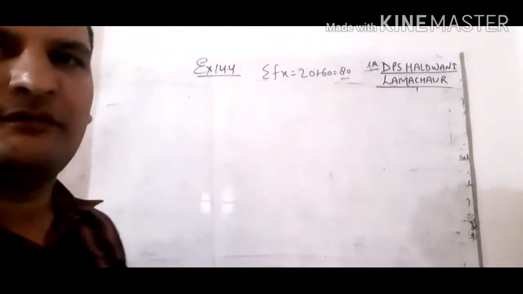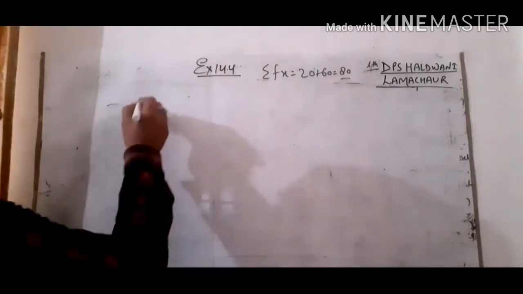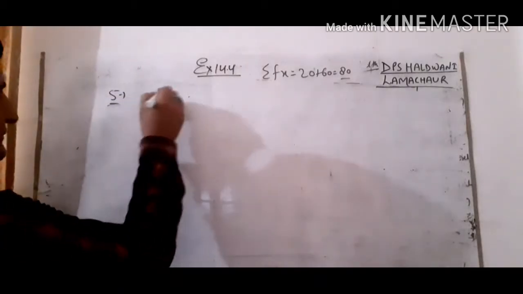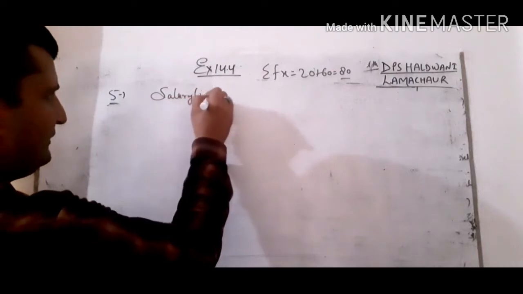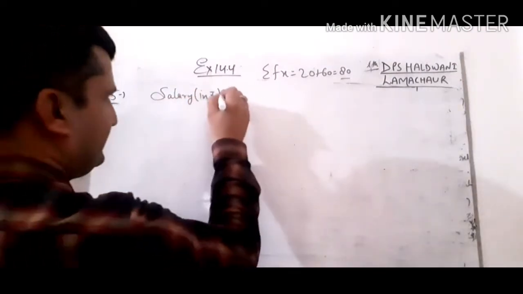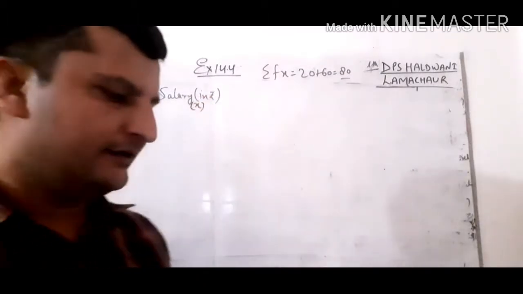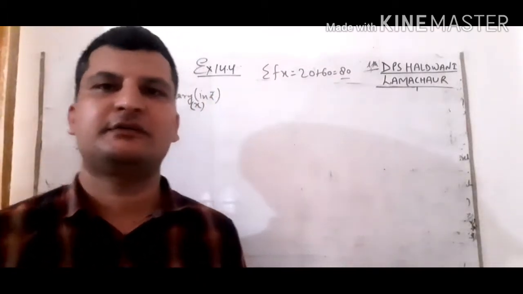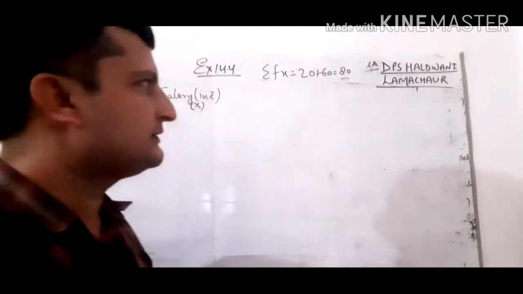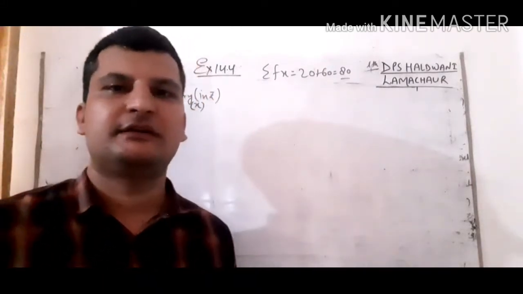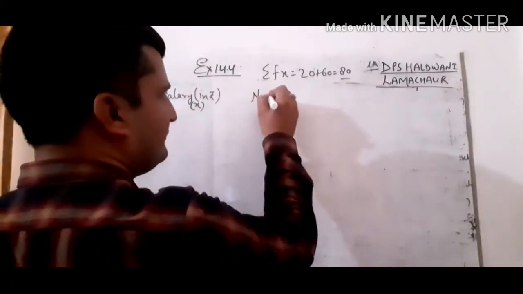Now students, question number 5 is this. So we have to make the table first. Salary in rupees is given, so we can take it as x, and then the number of workers. Always remember, students, when the number of workers, number of tables, number of chairs like this is given, you can say that it is a frequency. So we will write it here, number of workers.